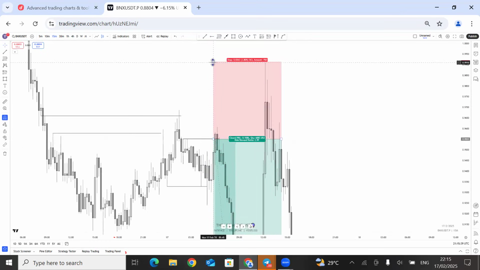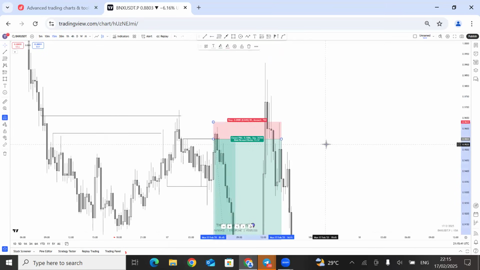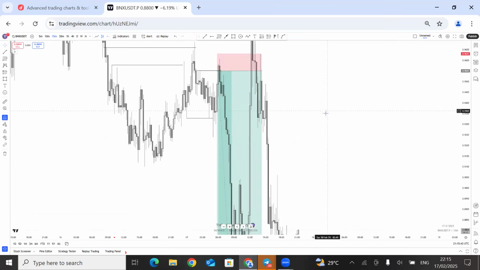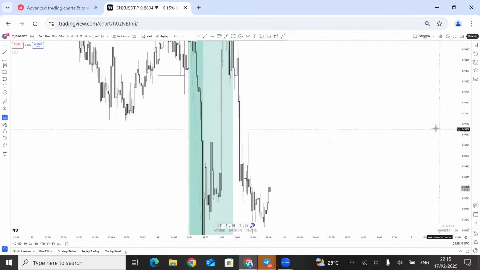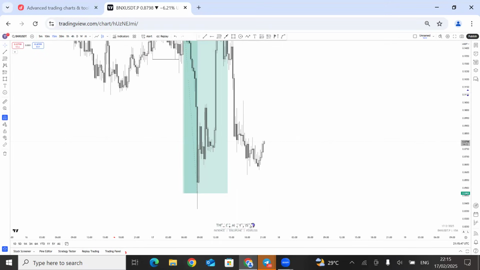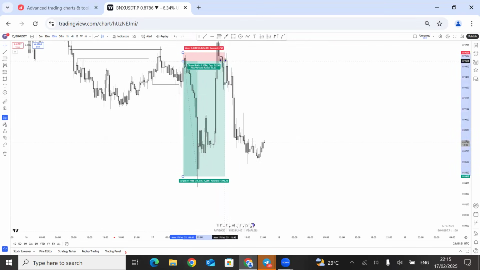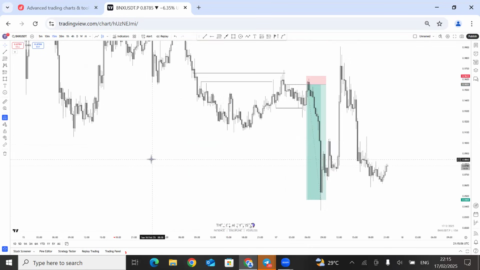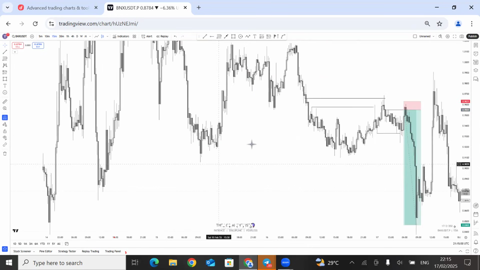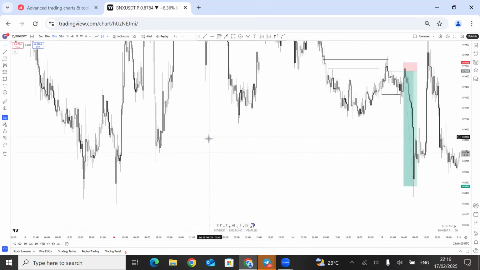So yeah, it gives you a more refined entry. Okay, so it's like a confirmation. I will do a video on all of this stuff. I've just been busy lately with school and some other stuff. I'll do a video and make sure everything is cleared and everybody's on the right track. I'll try my best for everybody. At the end of the day, we all should be on the right track.